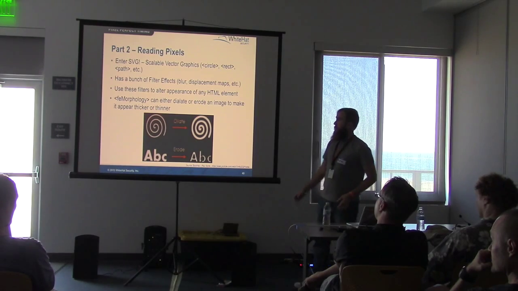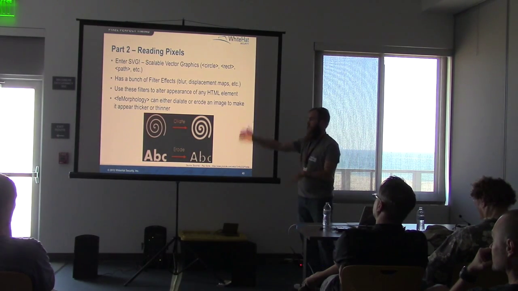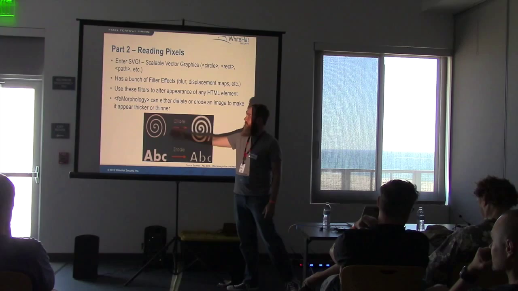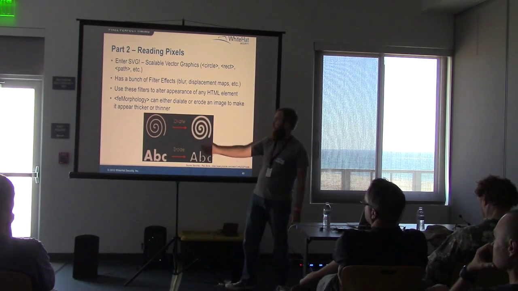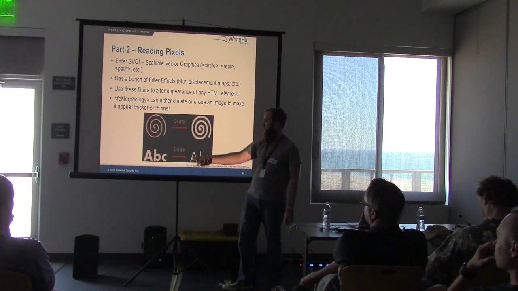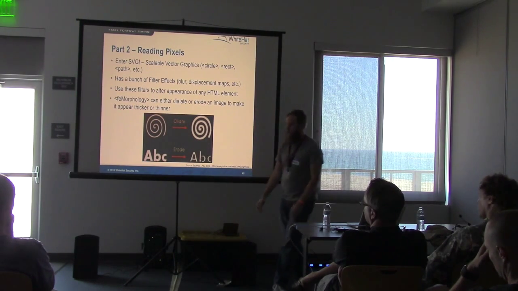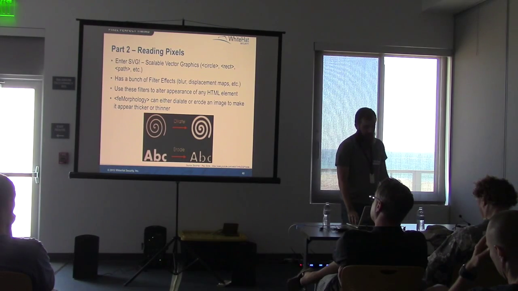But apparently there's this HTML tag called FE morphology, and you can take an image and you give it the FE morphology tag, and you can either set one of these two options, right? You can either dilate some image, make it thicker, right, or erode it, make it thinner. Okay, but